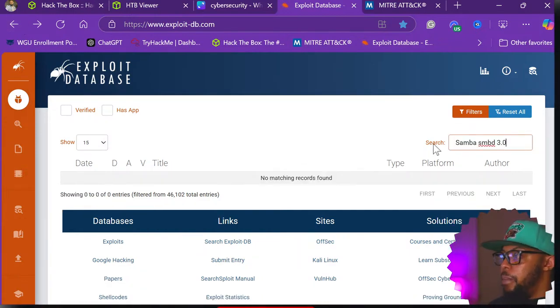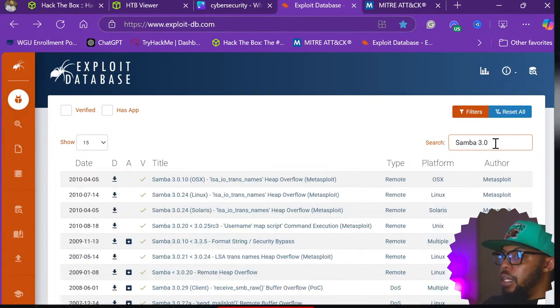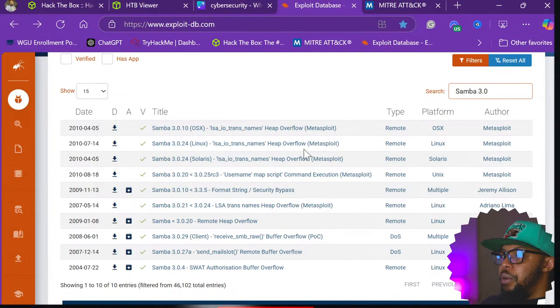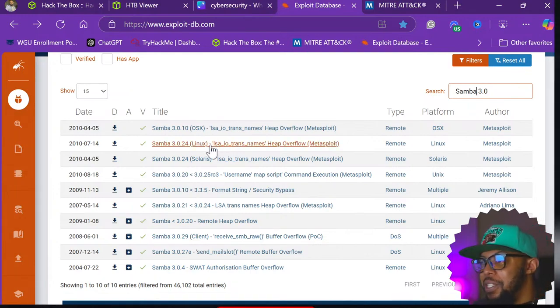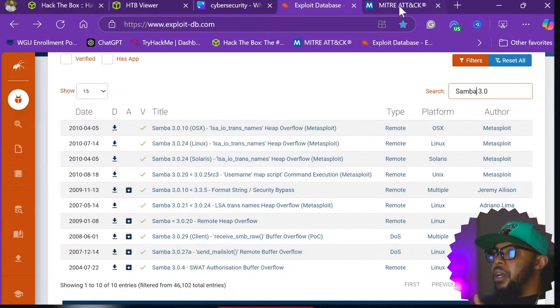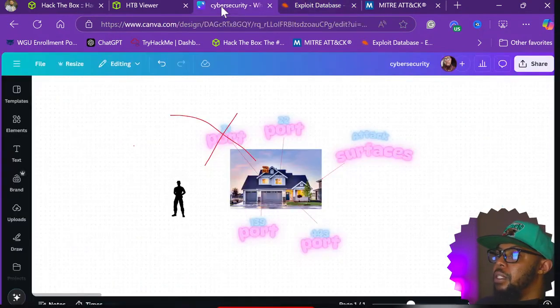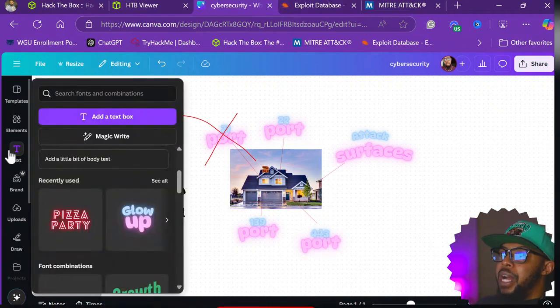So we're going back to the database, exploit database. Oh yeah, I forgot I got to delete this part in the middle. And then you see all these. So even if you have no clue what's going on and you just start looking at MITRE ATT&CK and Exploit DB, you can work your way into becoming elite. It will take a while, but you can, but yeah, every time we do any box, we'll be doing this whole system. This is my system to be able to hack on my own without, you know, needing a walkthrough or anything like that. So anyway, now we're about to attack